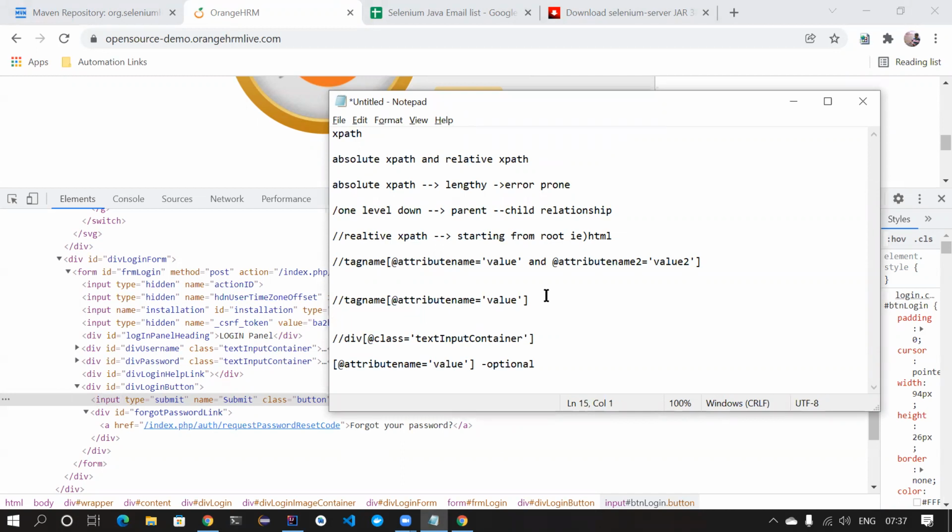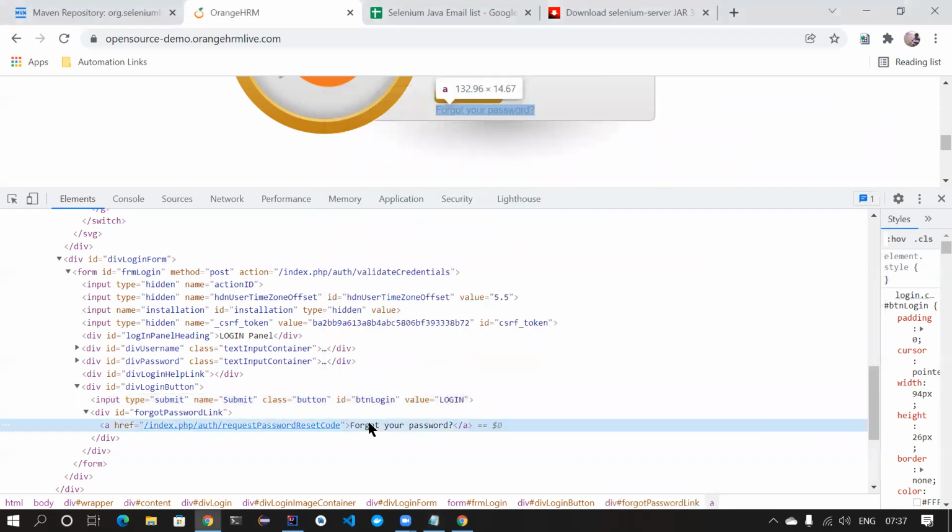Okay, for text, if you want to use text, in XPath you can just mention text. So text open brackets close brackets, because text is a method in XPath, so that can help you to find an element using the text method. For example, we're going to find the forgot password link,